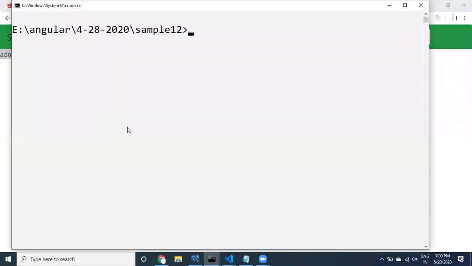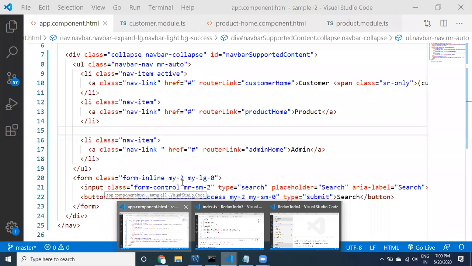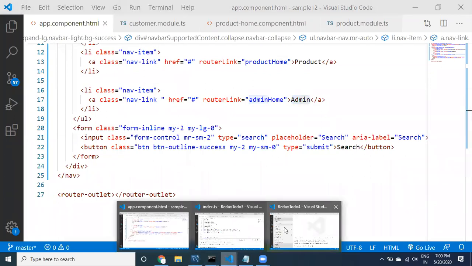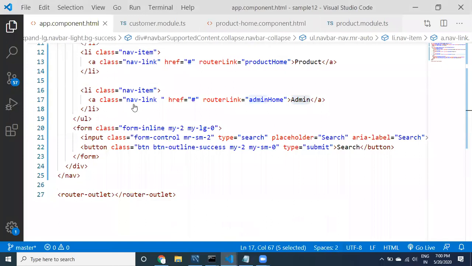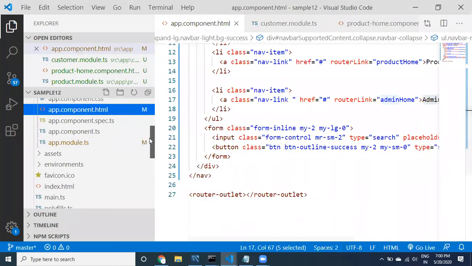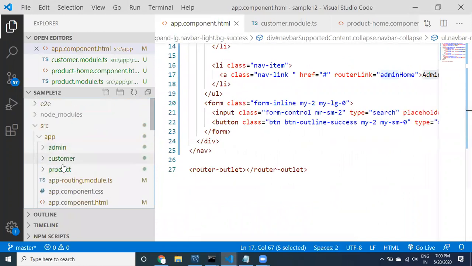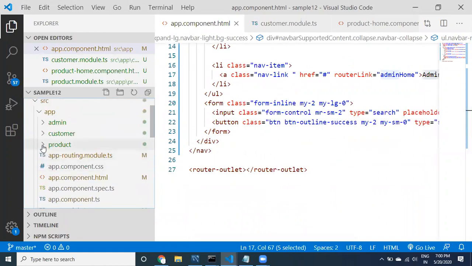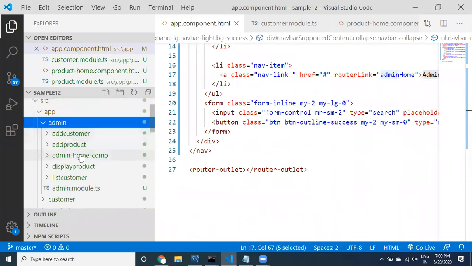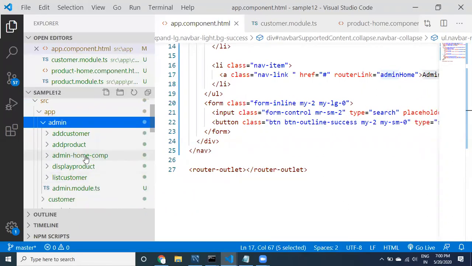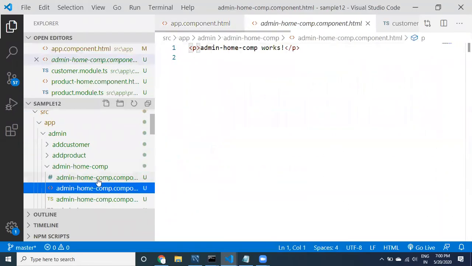So for that, let us go to the admin home component, and go to the HTML.